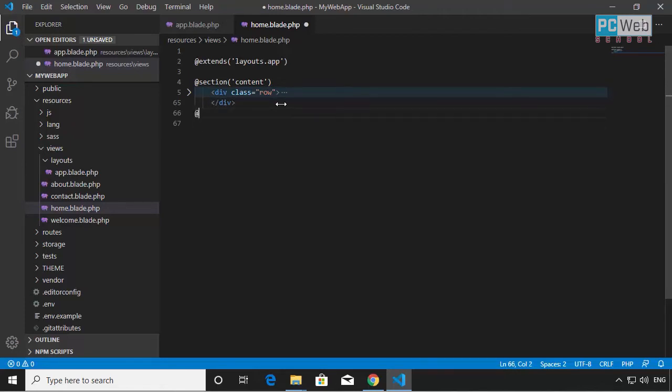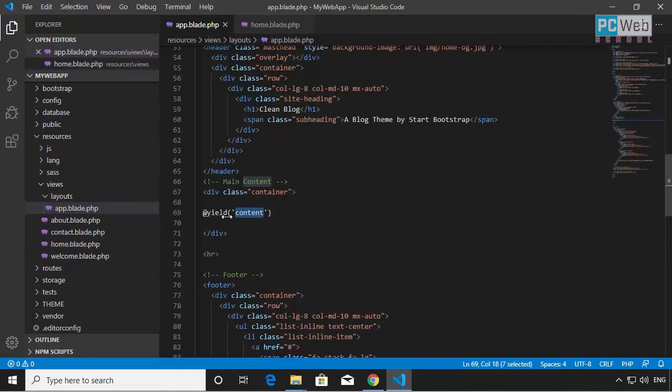And I need to do end section, right? But this is very important. This name, this parameter here, content, is very important. So this is identifying the place where this yield